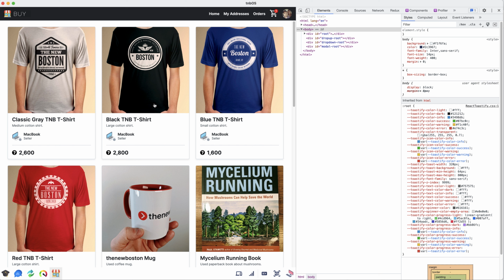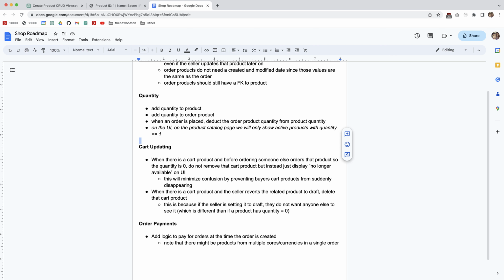And I just think that it's going to be a lot cleaner than trying to mess with our active or draft status or anything like that. Now, with that said, let's see what else. Okay, so another couple of user experience related issues that I had with this cart updating is that, say that